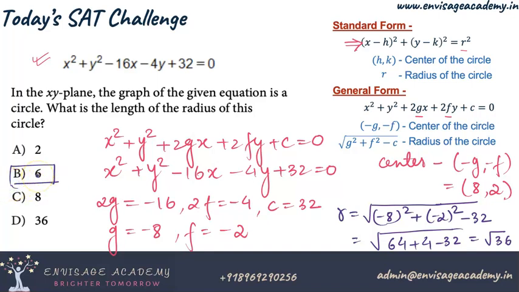One thing to note here is that again we have the circle equation. There are two ways to go about it. One is that you can plot the equation in the calculator and see what you are getting as the radius. Second way is by converting this equation into the standard form, which is a more time-taking process. Here, if you remember this, it's very easy to get the value of g, f and c and then calculate the radius.